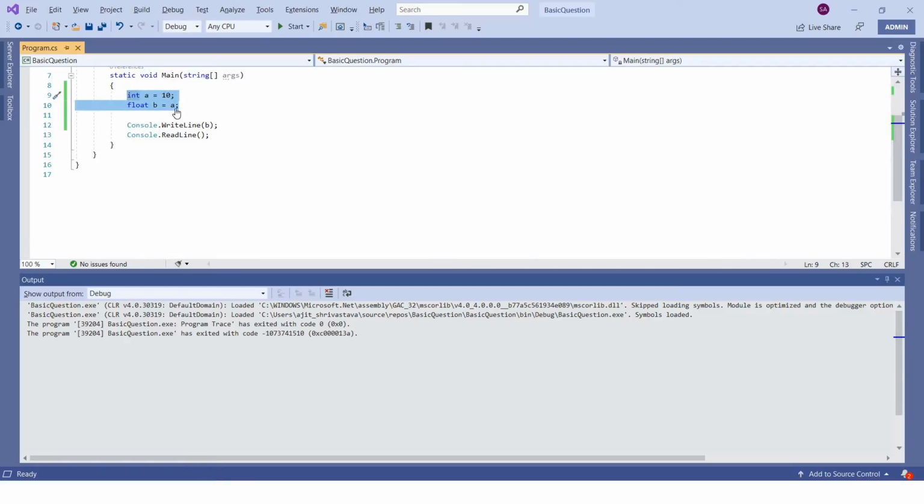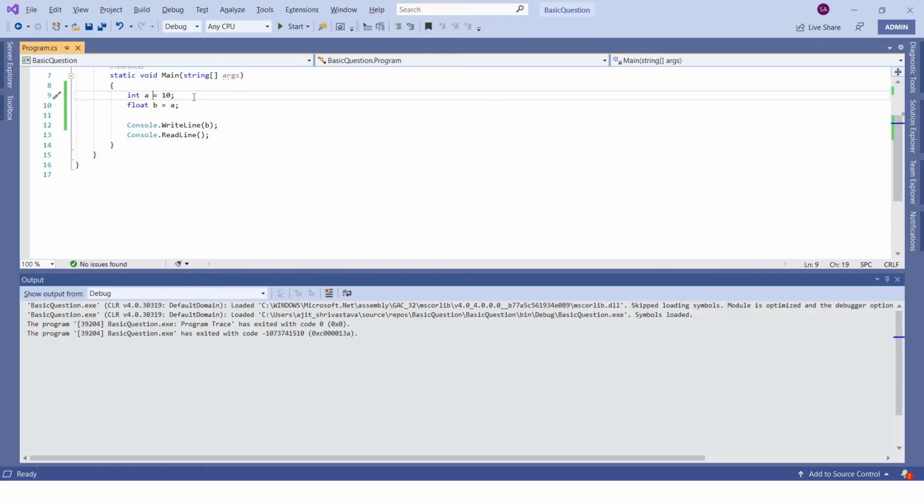One thing to keep in mind: implicit conversion will take place only if you are not losing any information. The integer value 10 can also be considered as a float value, due to that it is implicitly converting into float.